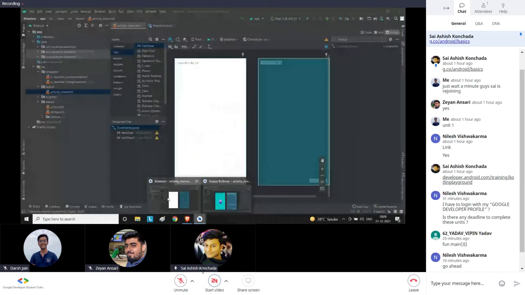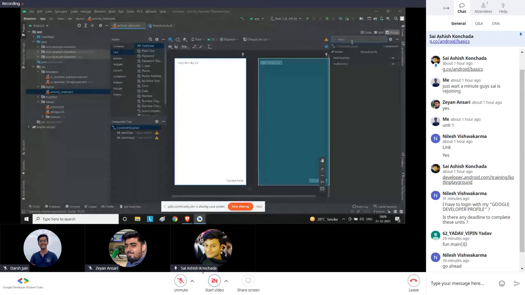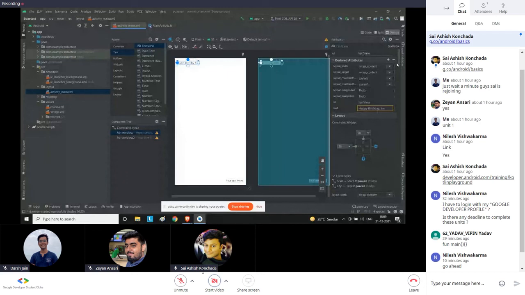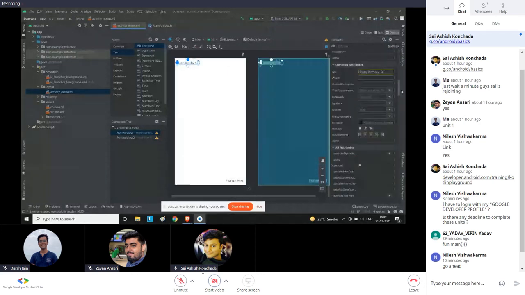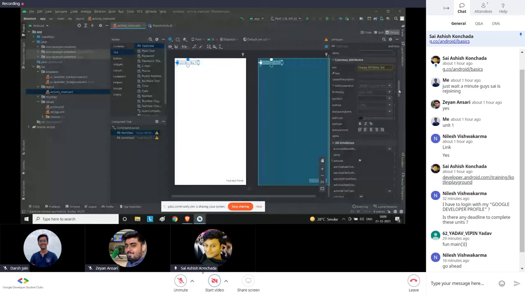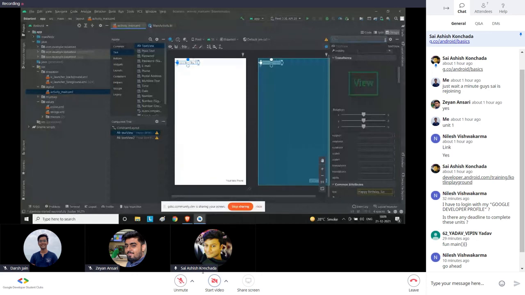Text size. Okay, I have to select this first, and then look for these attributes. So let's say there's a text size. Okay, now it's 14 SP.